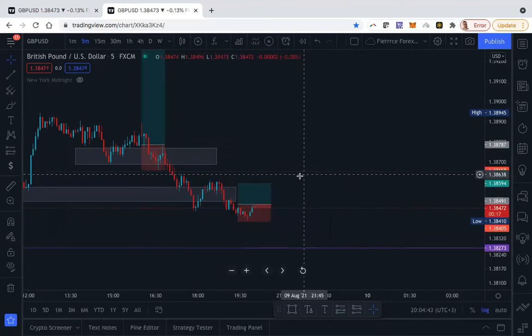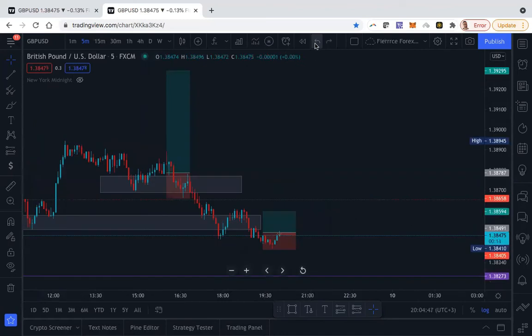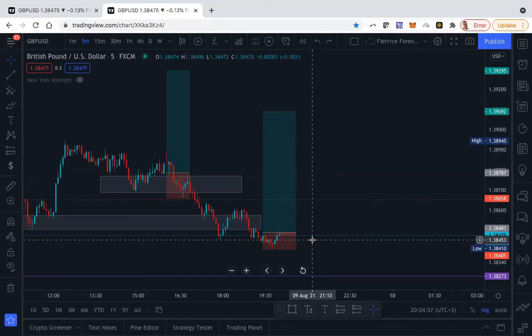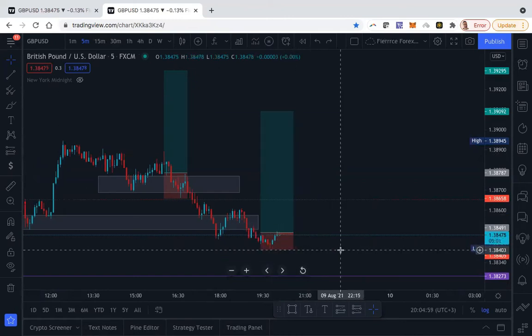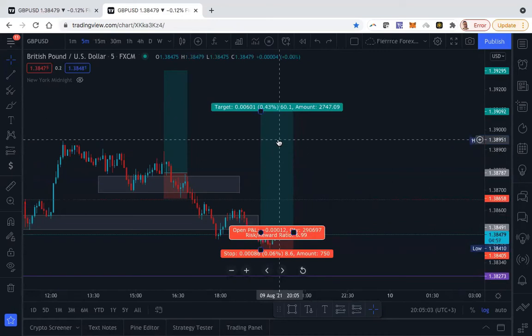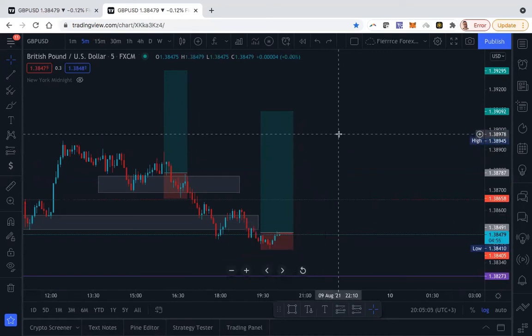But the person who has a bigger risk to reward, you will find that if they win 3 trades and lose 2, they're losing 16 pips. Or if they lose 3 trades, they're losing 24 pips. And they're gaining 60 times 3, which is 180 pips.